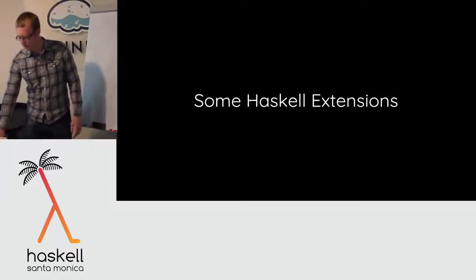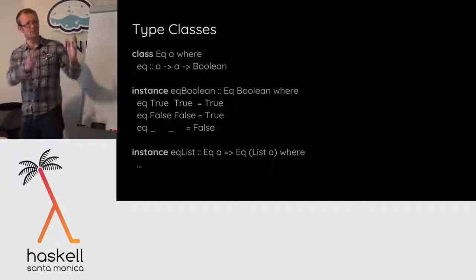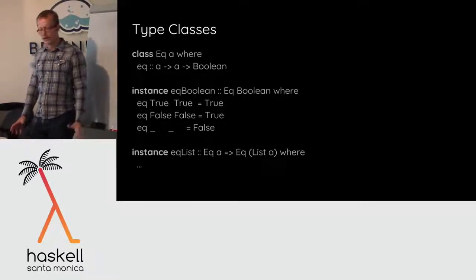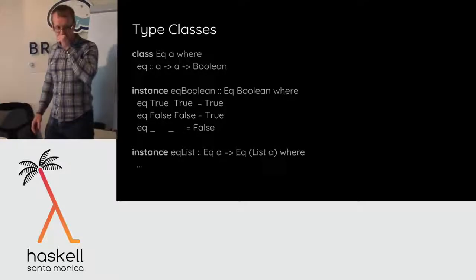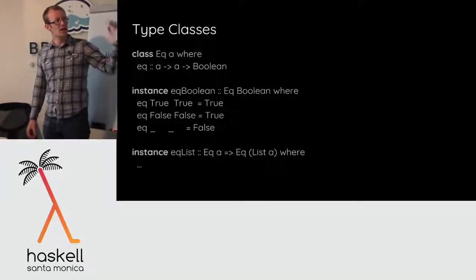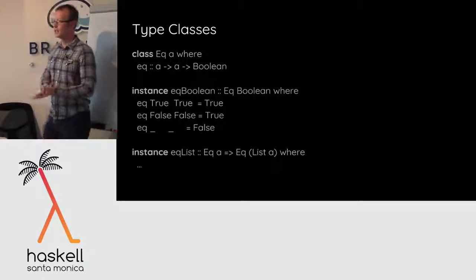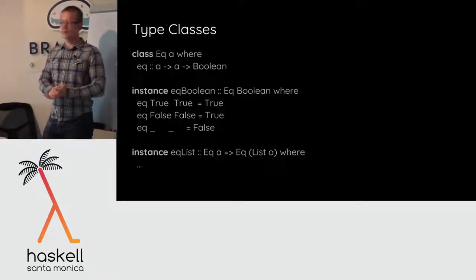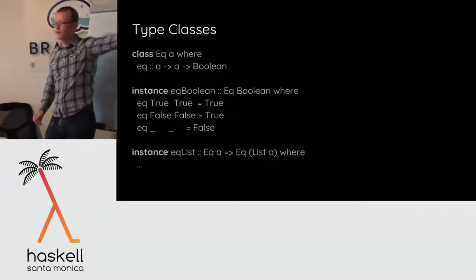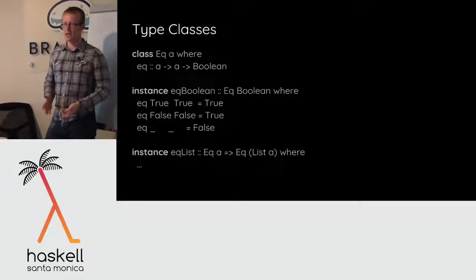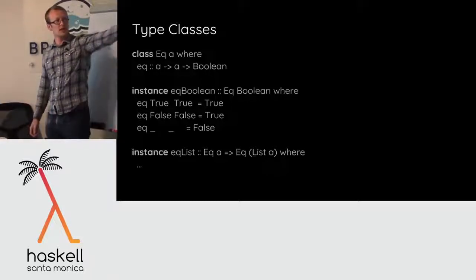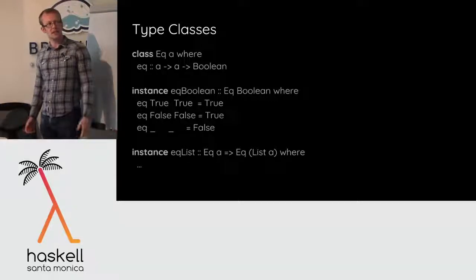Okay, so a few Haskell extensions, or just features I suppose, to begin with. Hopefully everyone's seen type classes before. A lot of the features I'm going to talk about build on type classes pretty extensively. The basic idea is that we want to capture predicates on types, right? So if I want to talk about types A that have decidable equality, where I can test equality of two values of type A, then I can build a type class called Eq for equality to do that.